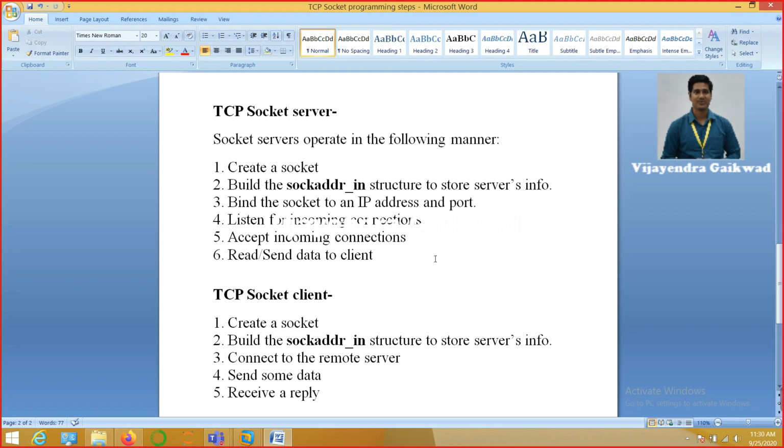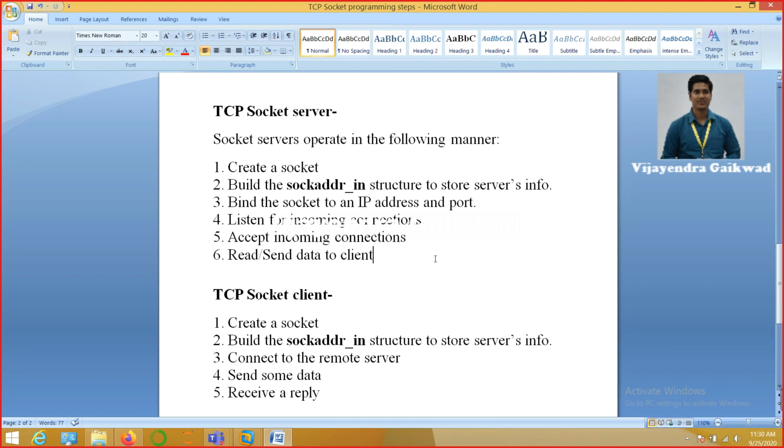For sending and receiving of data, we have three pairs of functions. One is read and write. The second pair is recv, send, and the third pair is recvfrom, sendto. Understood? So all the three pairs are used for the same reason.